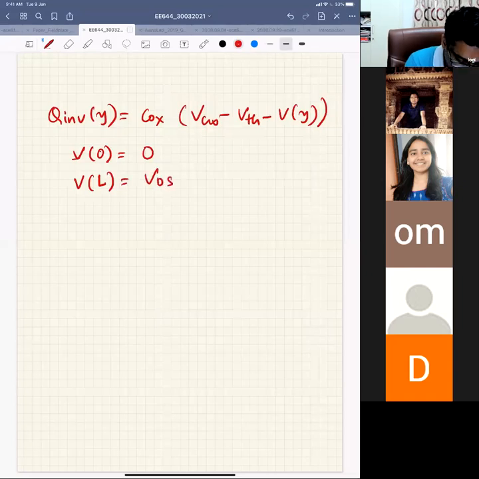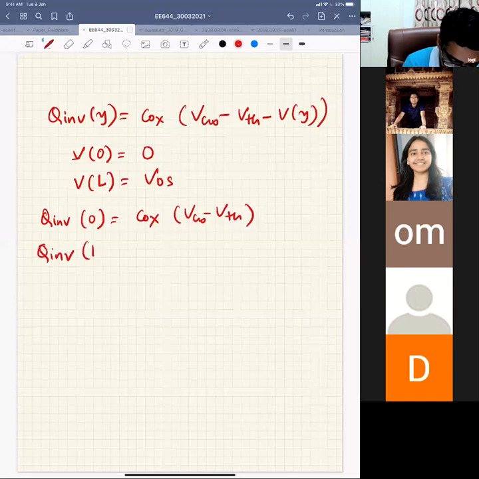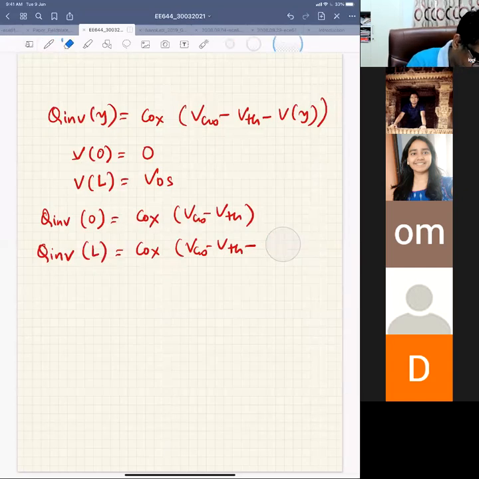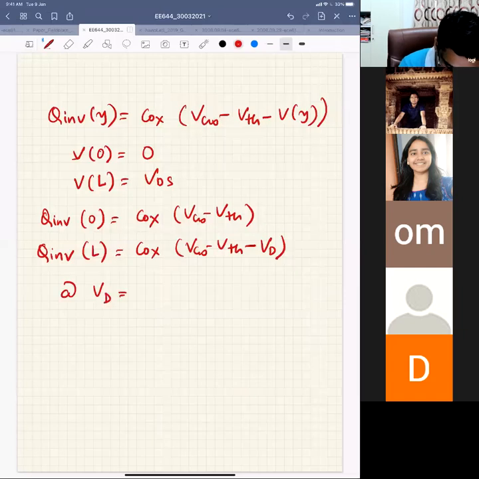So Q inversion on the source side will be Cox (VGS minus VTH), but Q inversion on the drain side will be Cox (VGS minus VTH minus VDS). So at VD equal to VGS minus VTH,